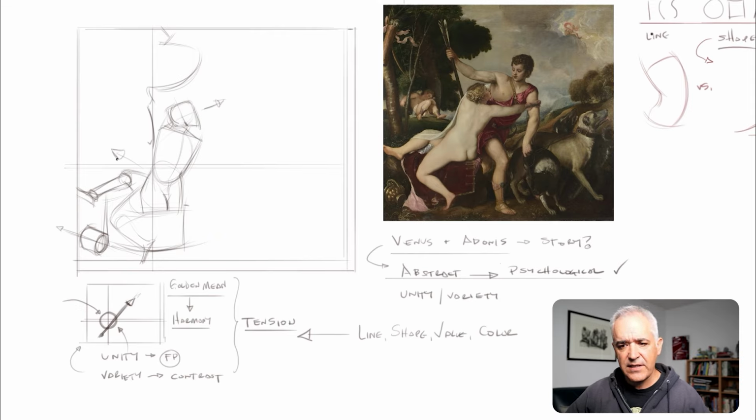Let's do a little bit with the information in this block up here too. So if I look at the tree, what does the tree do? It gives a nice softening, I would say, to the corner. Remember, we have discussed in prior videos how the corner is a trap. Look at how the arrow or the quiver, is that what it's called? Quiver for arrows. Up here kind of leans your eye away. There's a nice little ribbon that brings your eye out of that top corner. There's another little branch or smaller tree here.